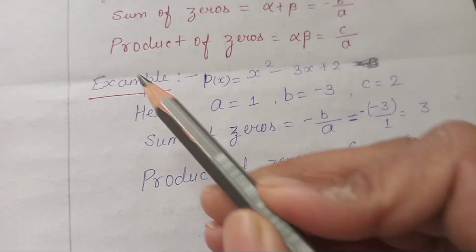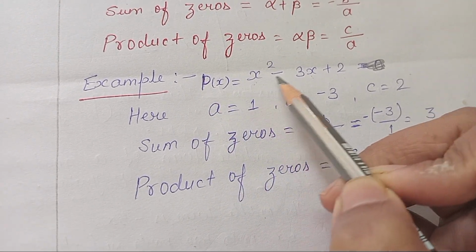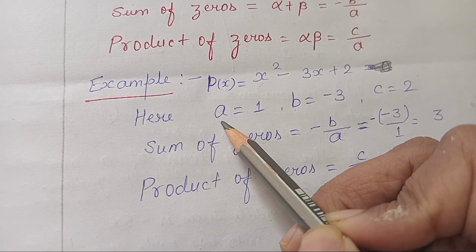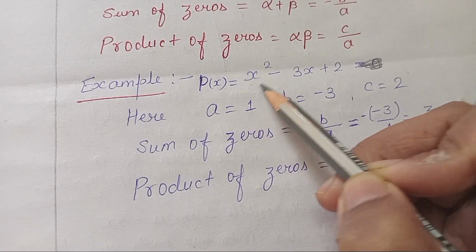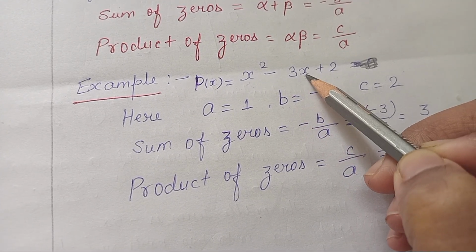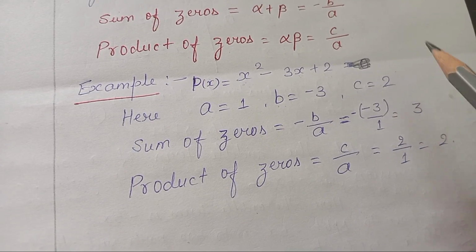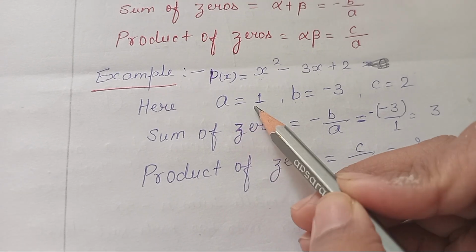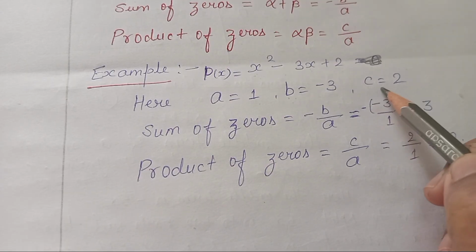Now, we will understand this with an example. P of x is equal to x square minus 3x plus 2, where a means the coefficient of the x square value, b means the coefficient of x value, c means the constant number. So, the value of a is equal to 1, b is equal to minus 3 and c is equal to